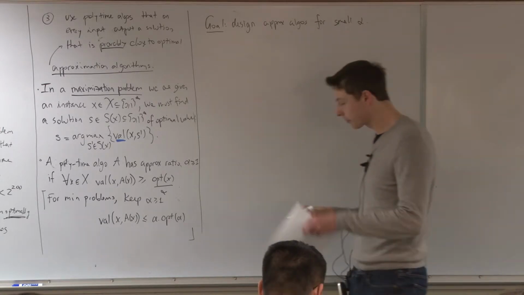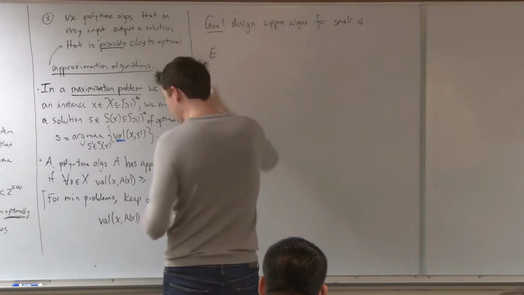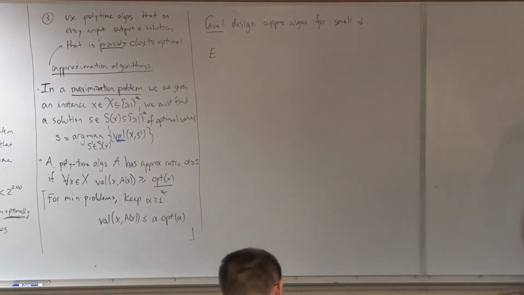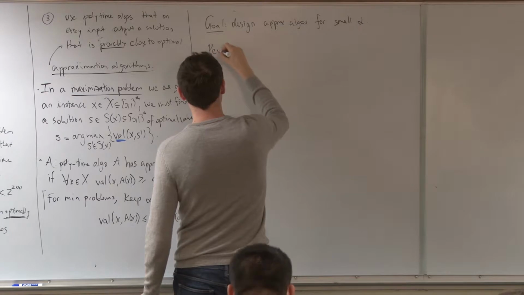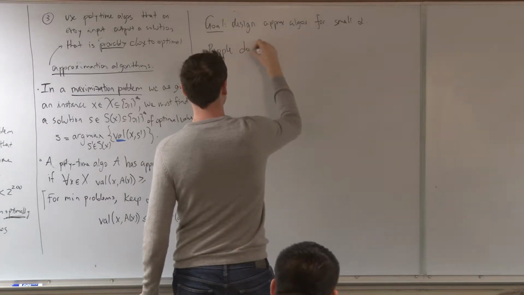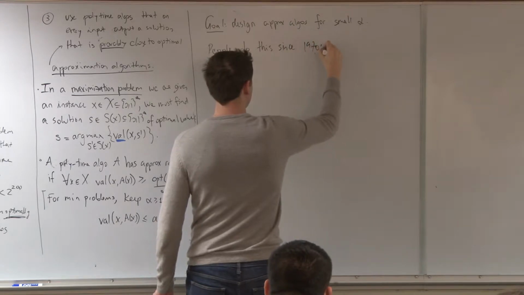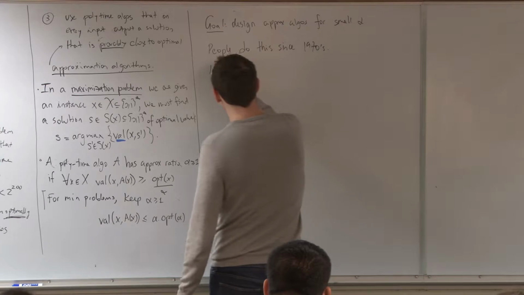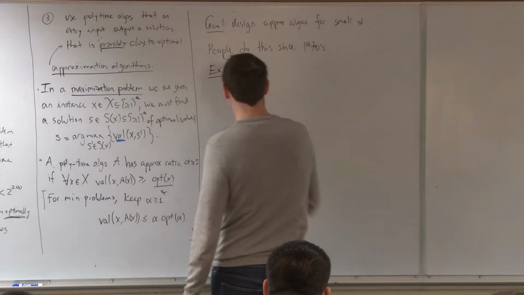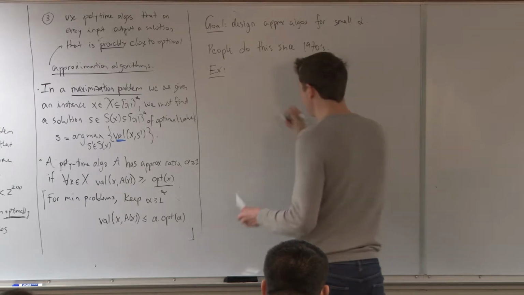So let me write some examples. People have been doing this since the 1970s, and here are some examples of the ranges of results people have been able to achieve. For example, knapsack,